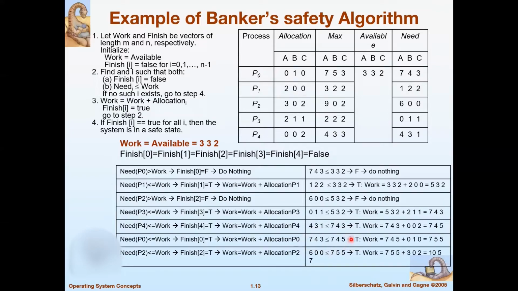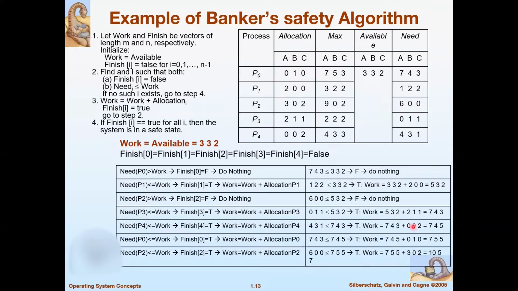So now P0 can complete, making finish[0] equal to true, and work will also be modified by adding the allocation of P0. So work will become 745 plus 010, which was the allocation of P0,